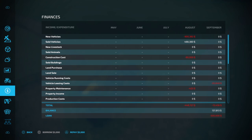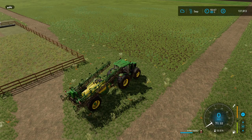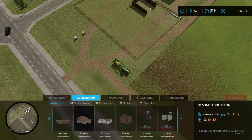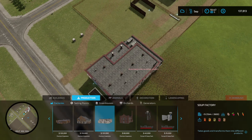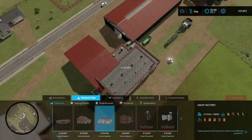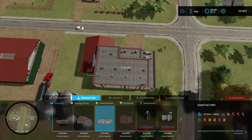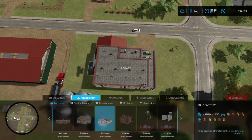And so now today, we are left with a bit of a problem. We have potatoes, which means we're going to get the soup factory. Now, that is 135 grand. We have 137, which is fine. We can work with that. But